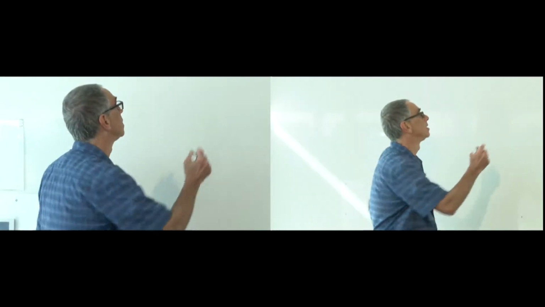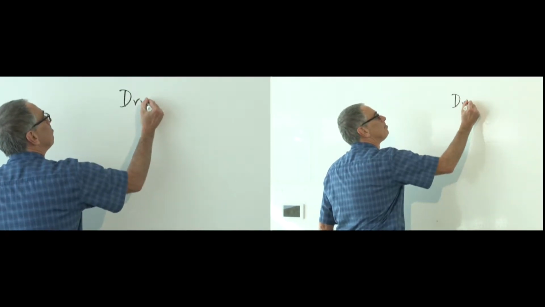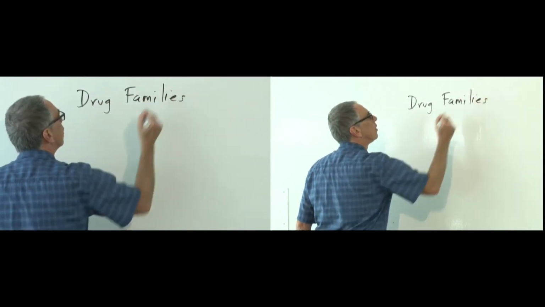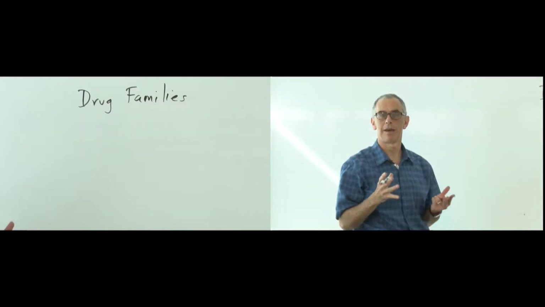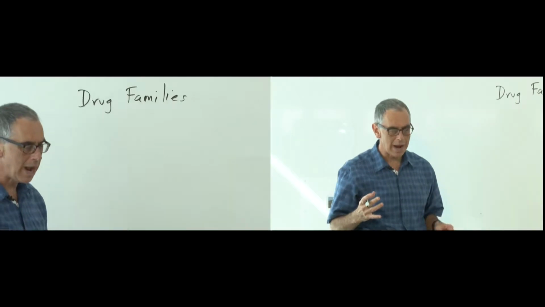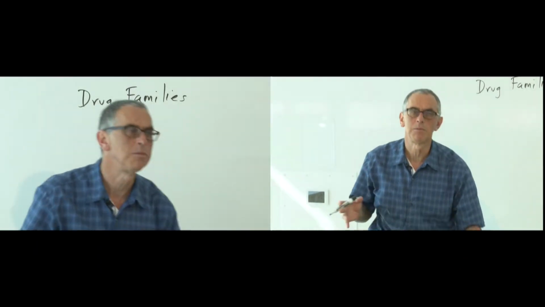Okay, in this segment, we're going to talk about drug families. Turns out that many drugs occur in little clusters of similar chemicals with similar effects. We notice this, and it's good to be aware of some of the ways in which we group drugs together